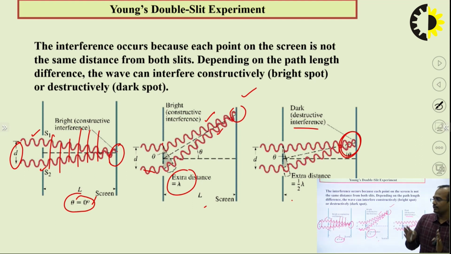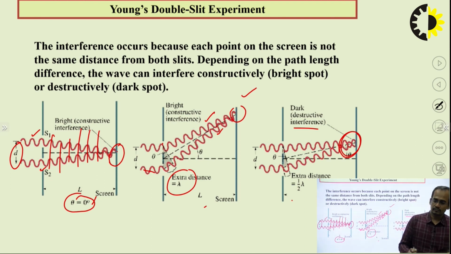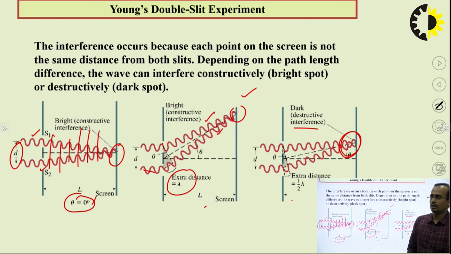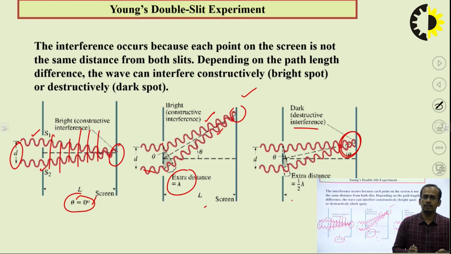If the phase difference between wave 1 and wave 2 is 0, then the bright fringes or constructive interference will appear. Otherwise, if there is some phase difference, then the dark fringes will appear and the destructive interference will occur. So,